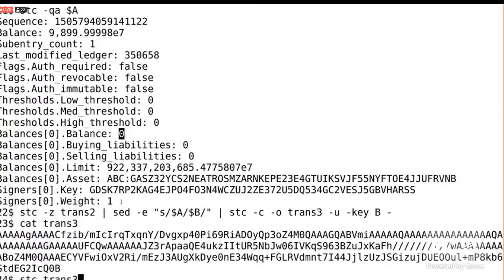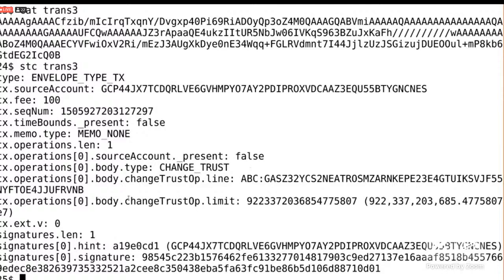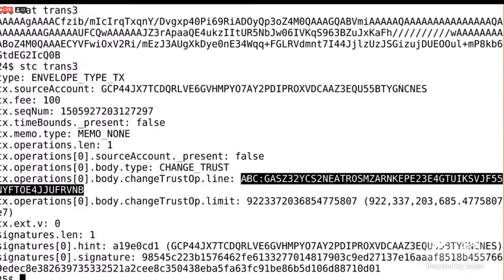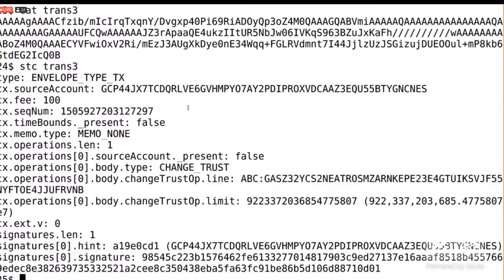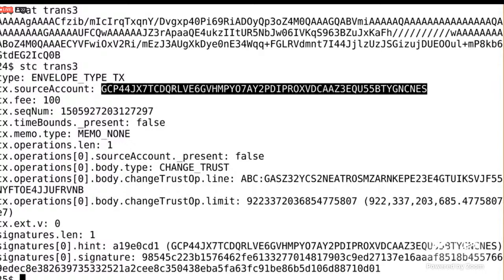So if you do this, it's going to create a file called trans3. And if we use STC to decompile that, we can see that it's just like the operation we did before, adding a trust line for ABC here, except now the source account is actually account B. And actually, you might be looking at this and say, I can't remember which source account this is. So let me show you another trick, which is you can edit a file in your home